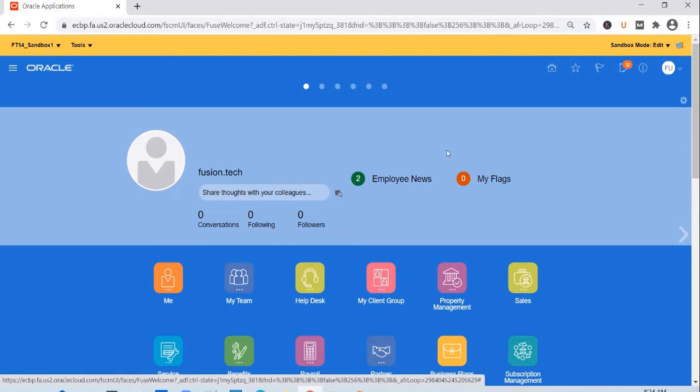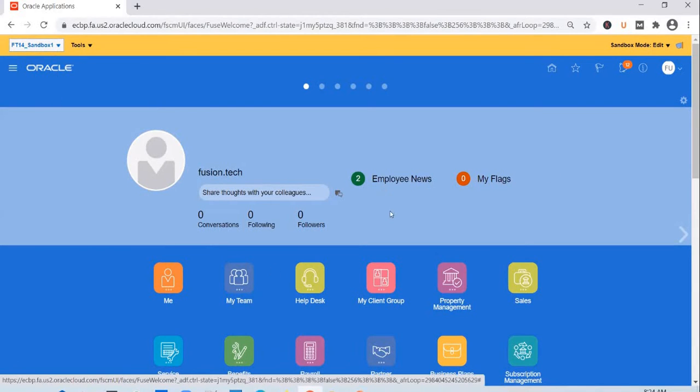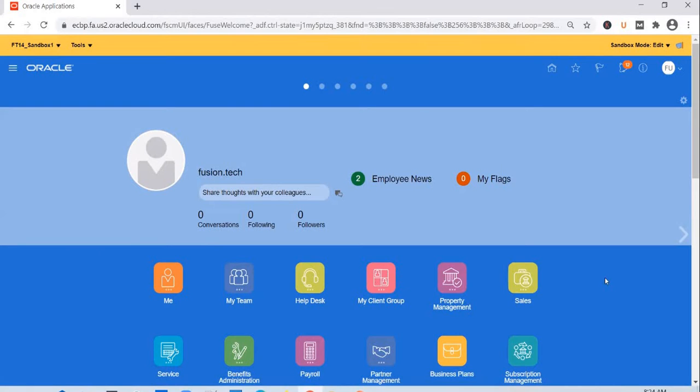So the approach we normally follow is you make the UI related change that the client has asked for. You do it by creating a sandbox, enabling it. You make the change. You unit test them, and if everything is working fine, you will ping the functional consultant or a testing team, and you tell them that this is a sandbox. You just give them the sandbox name, and let's see what happens if I exit this sandbox. So if I leave the sandbox,